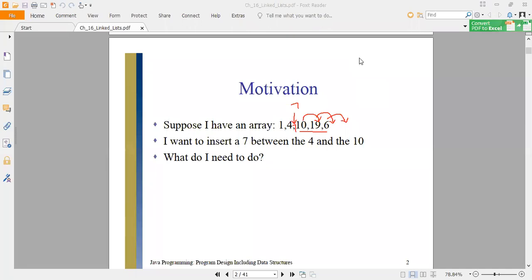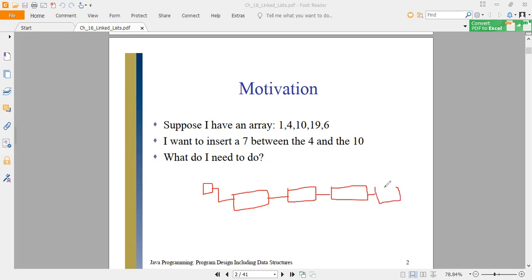So this can be resolved with the help of a linked list. When we have a linked list, let's say we have organized all these elements in a list. So suppose this is our list with 5 nodes in it, and each node is holding the data.